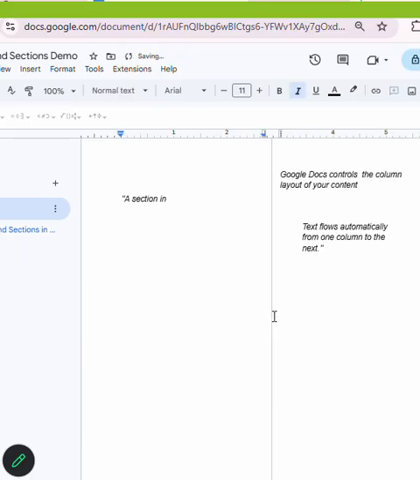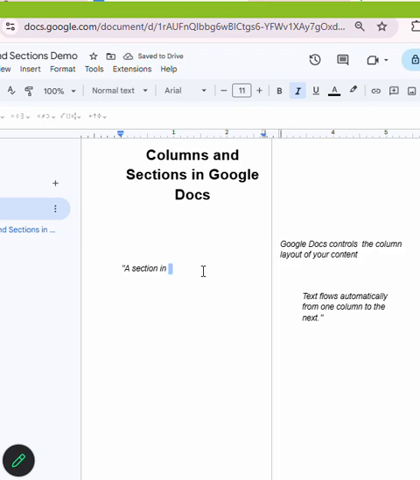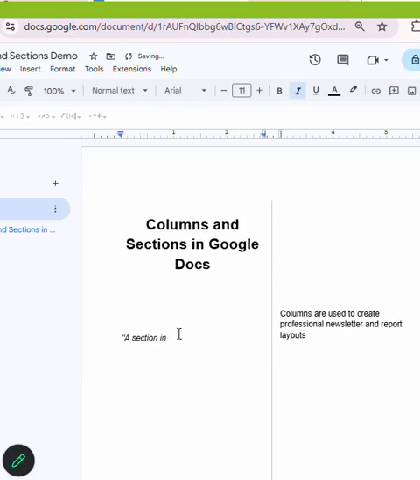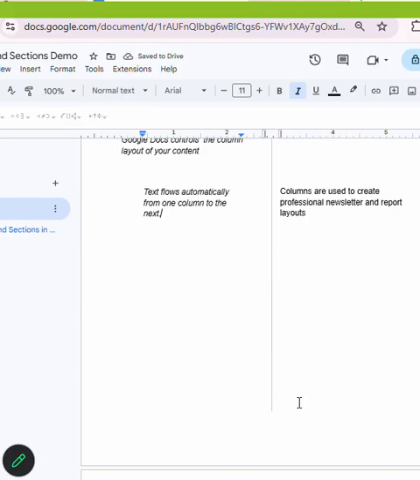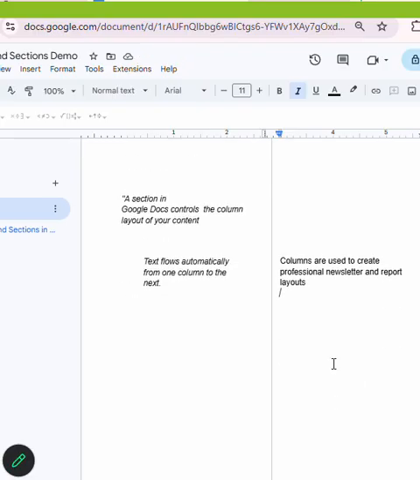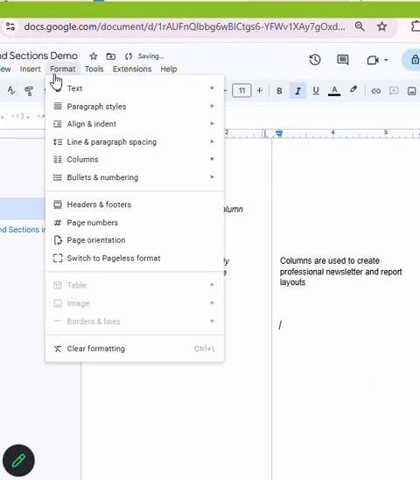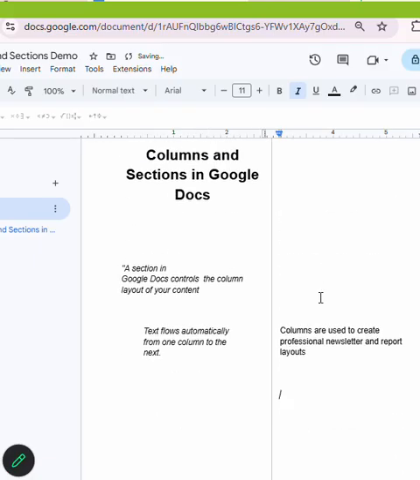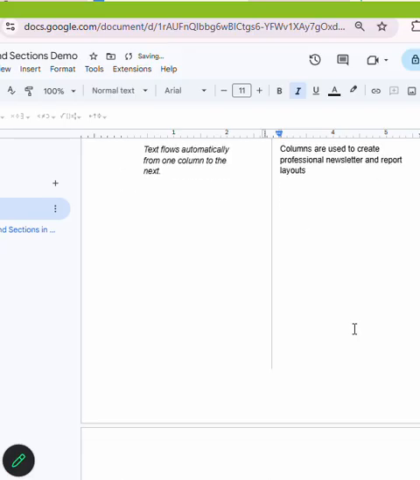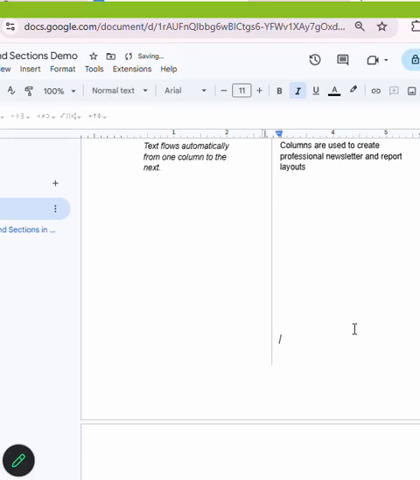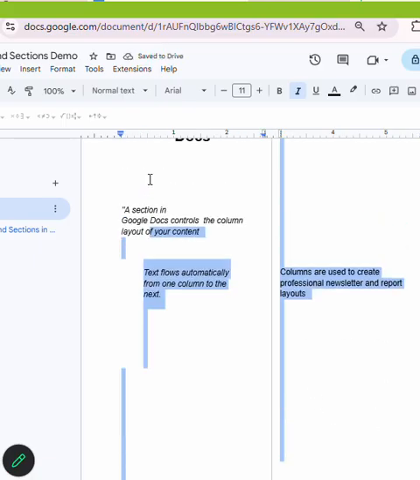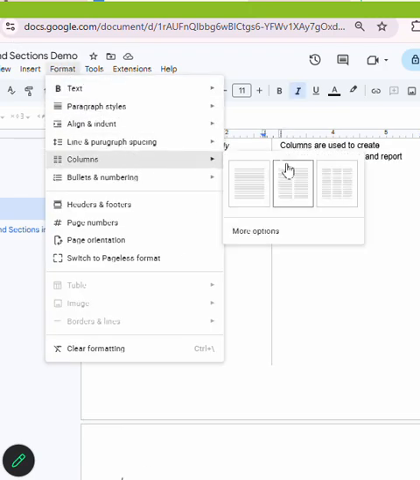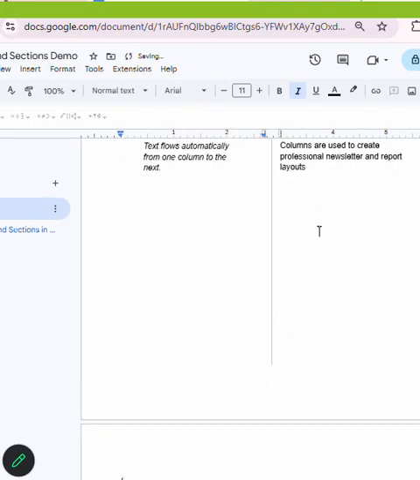We have one more stuff here, so I just need to move it here. I don't have anything down now. Okay, so here you need to click at the very end as I told, and then press enter, and then format, and then columns, and then one column. So here we are setting it: format, columns, and then one column. Okay,